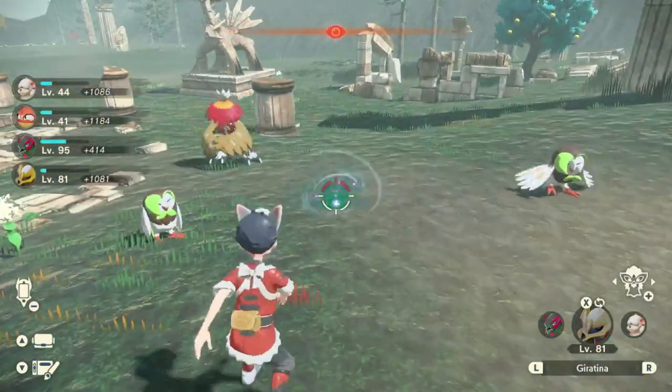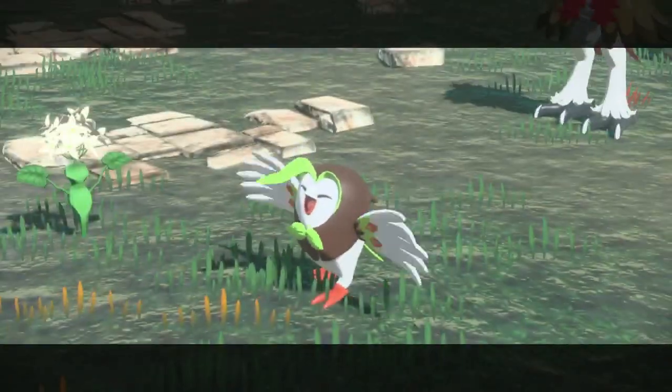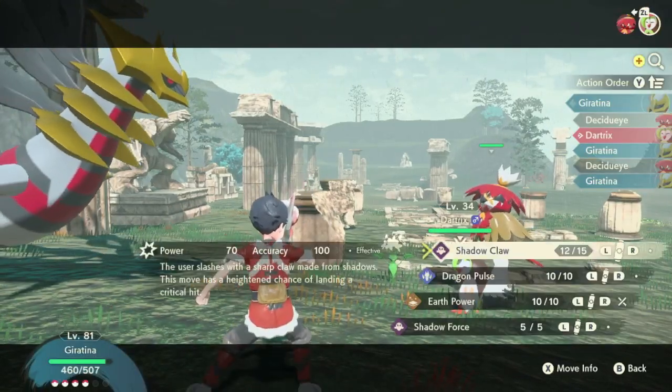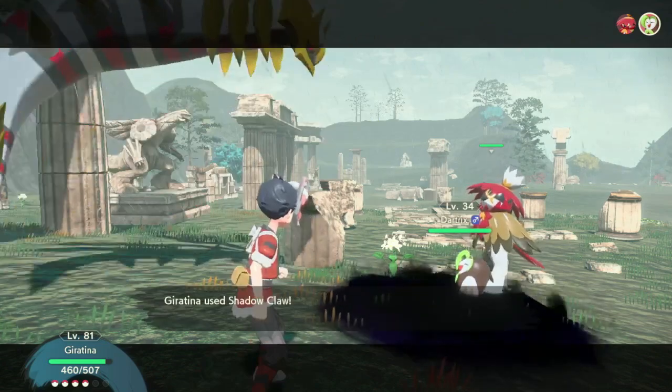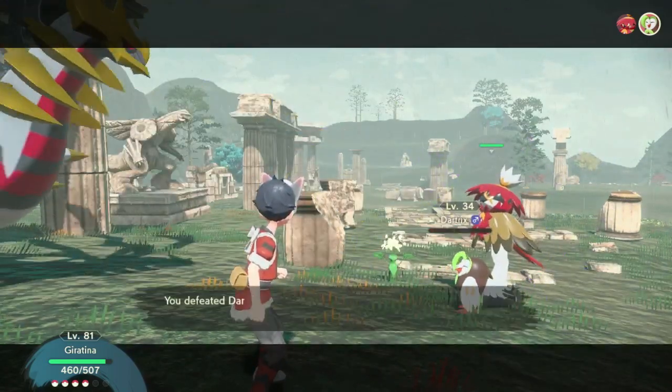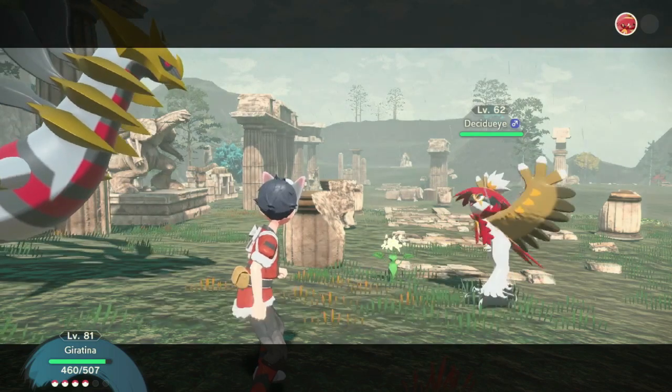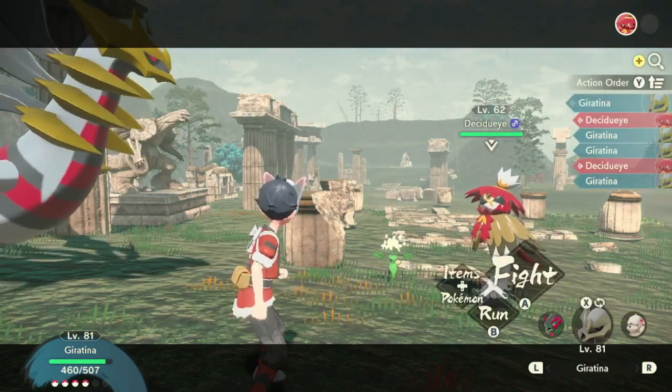Oh, there's a Decidueye right there, actually. Of course, it's ready to fight. Anyways, I am not worried about the Dartrix. It's the Decidueye. I don't know how long it will take, because I will battle if I really want them